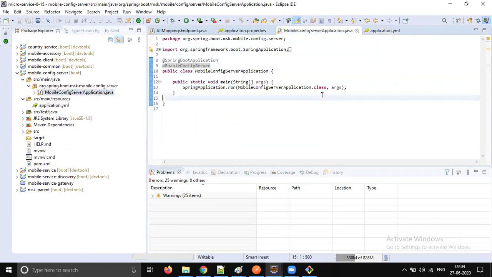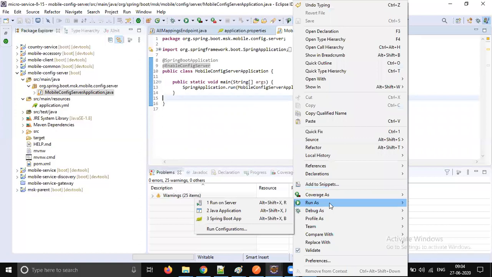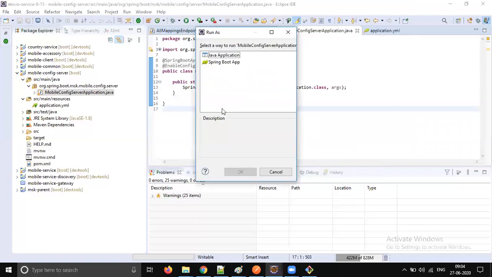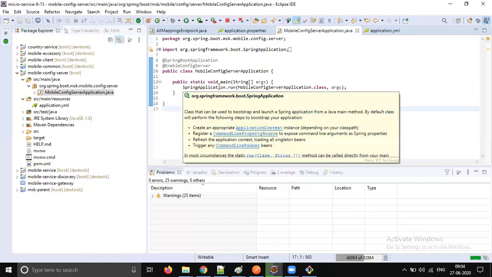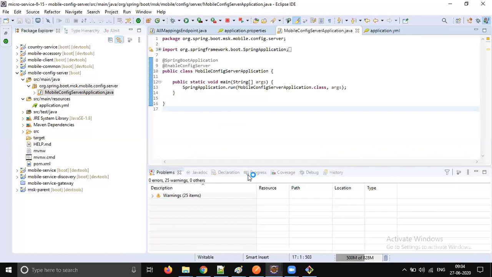The shortcut is control F11, function key 11. If you have Windows, it is a shortcut to run your Java application. Instead of doing right click, run as Java application, you can simply press control F11. It asks how to run; select Java application. It's going to run just like a Java application. Once it's up and running,